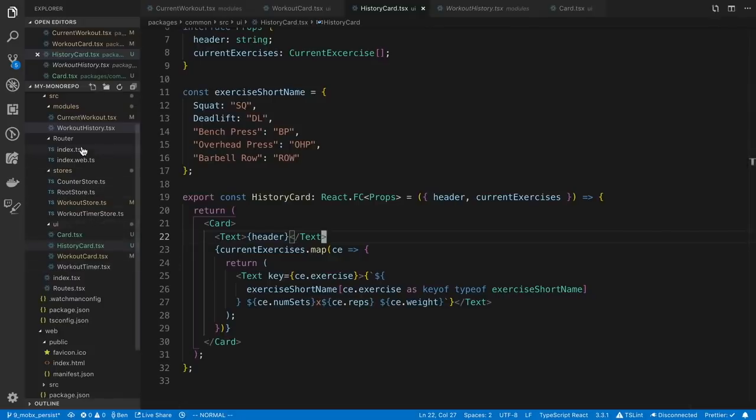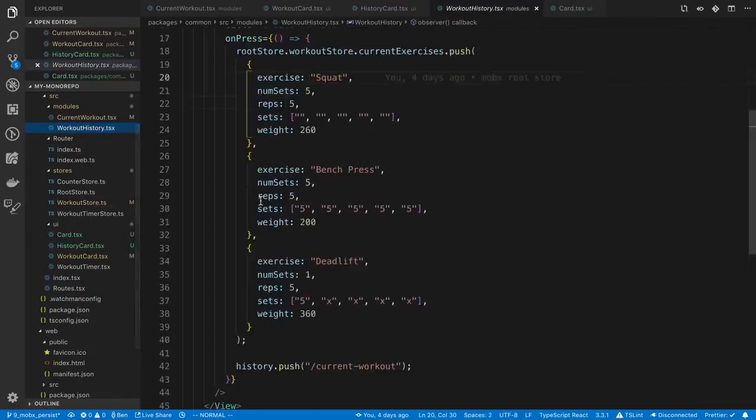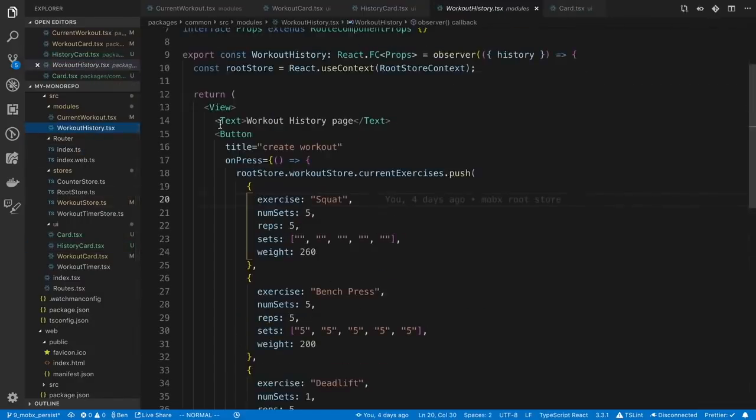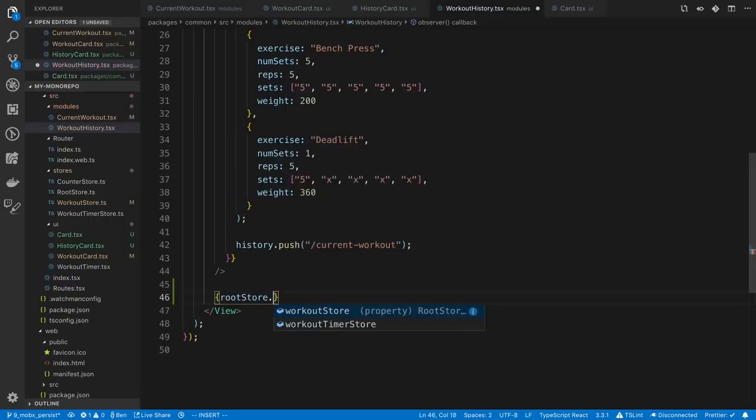So we'll go to our index. I guess our index is really the workout history page. And I'm not going to worry about what we have here. I'm going to just put the button underneath. We're going to deal with the button in a different video. So here I'm going to say root store dot